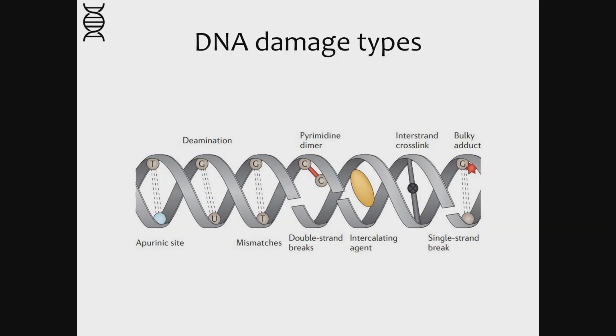So we can have different types of damage. In here, for example, we can lose a base, an apurinic site. Usually we lose a base, the phosphates and the sugar are still connected, but here we're missing something. We can have deamination, like here, where we lose a part of the base, and then it's uracil, okay? And then this is not the correct one, it's not the correct base pairing. Then we can have mismatch, and this usually occurs because polymerase makes some errors,